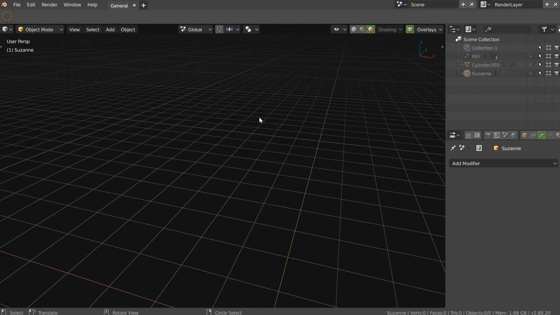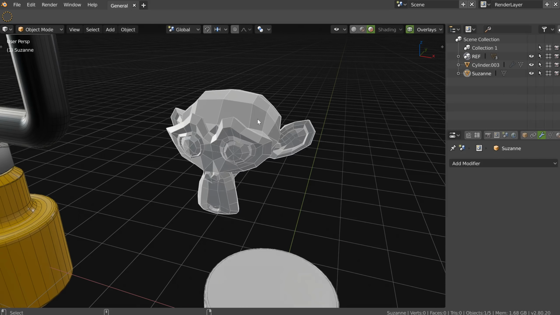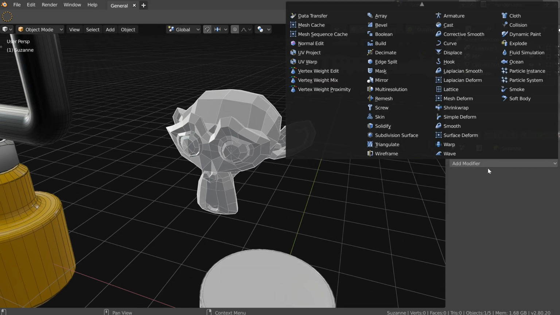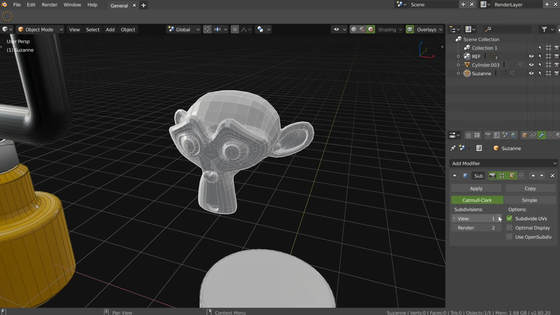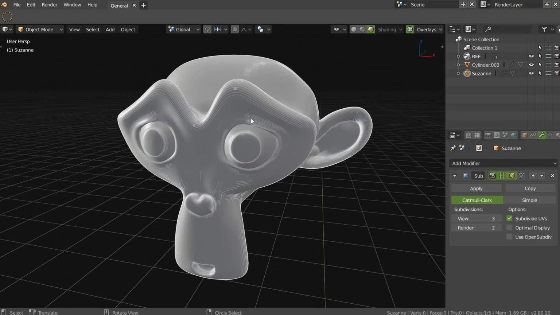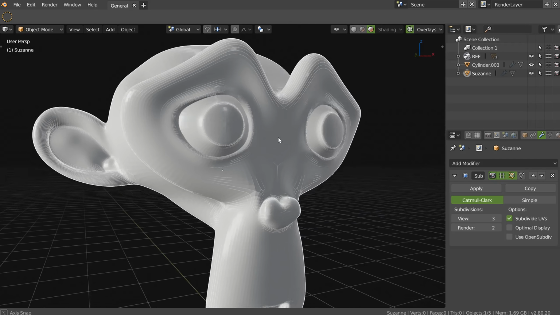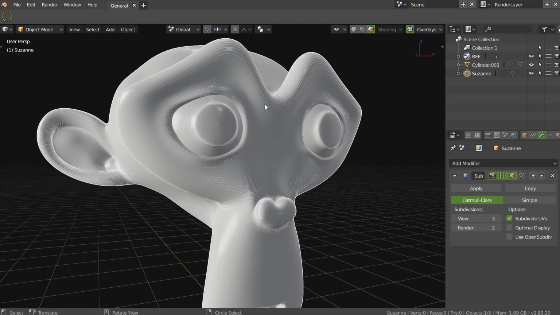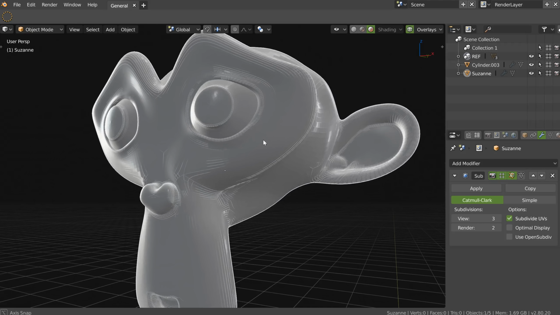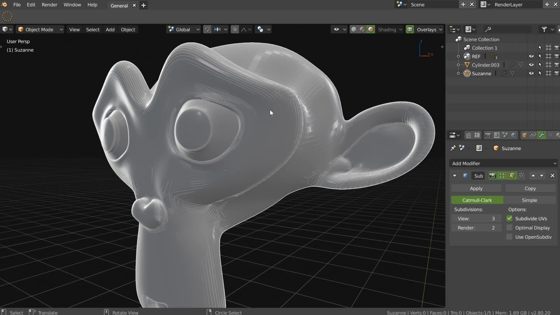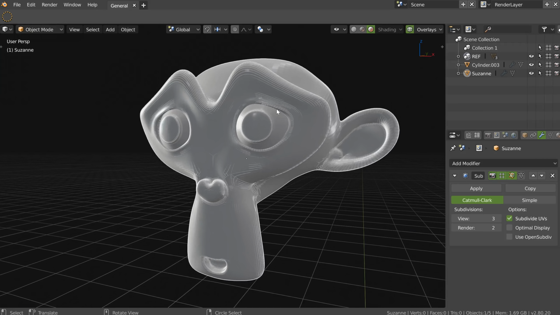No, it wasn't this. Alt-H. I don't have the option to add directly a subdivision surface. So as you can see, this is the result we have by default when we activate the wireframe. This is absolutely not usable for modeling. This is nice to see it like this, but honestly, as a modeler, I will never use it.